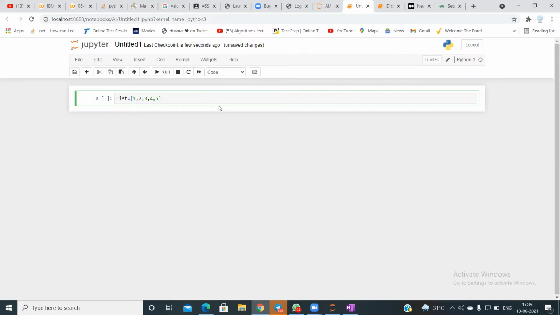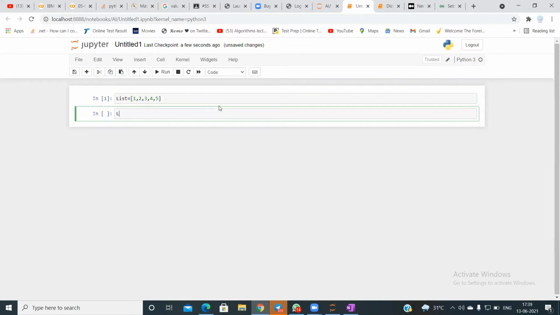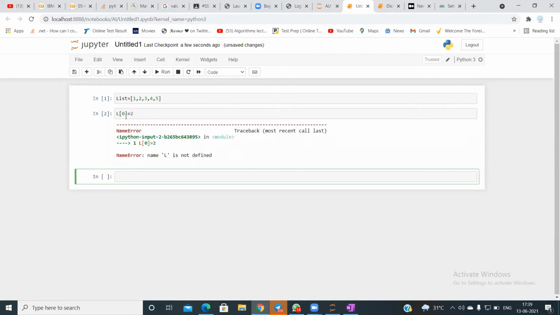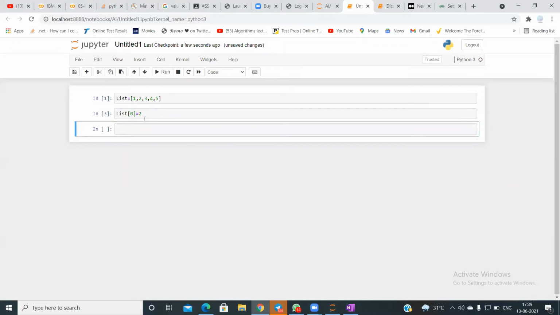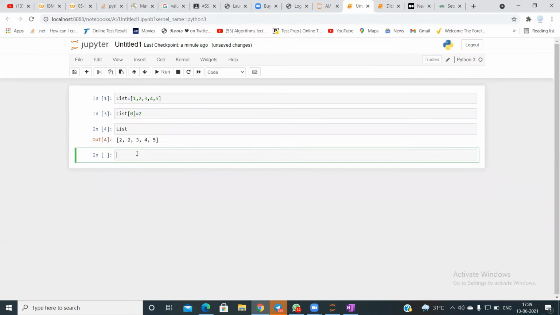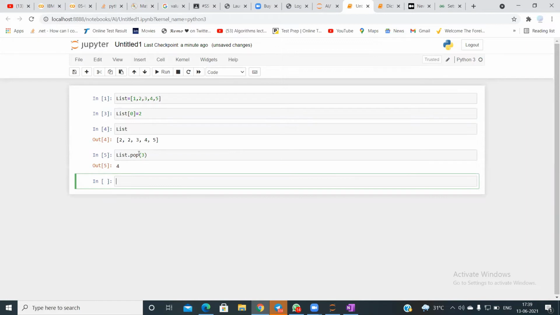So, as we all know, in a list, I can update any element of a list, or I can delete any element of a list, something like list.pop(3). I'm able to do all these operations, right?